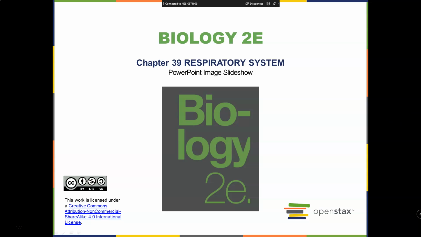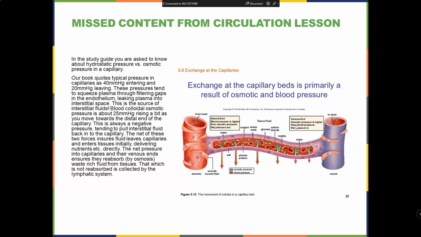I'm going to start by covering one bit of material that we didn't get covered in the last recording properly. Looking back over the study guide, I realized I hadn't lectured on this. The question in your study guide asks you to know about hydrostatic pressure versus osmotic pressure in a capillary. The idea here is that blood, coming from the heart via the arterial system, leaves